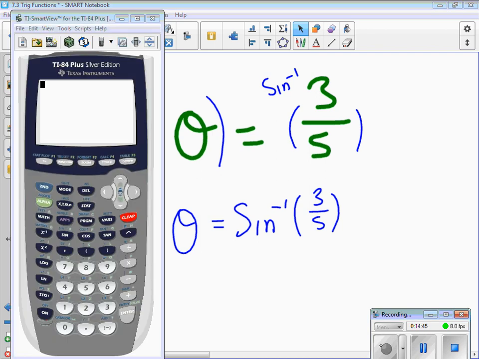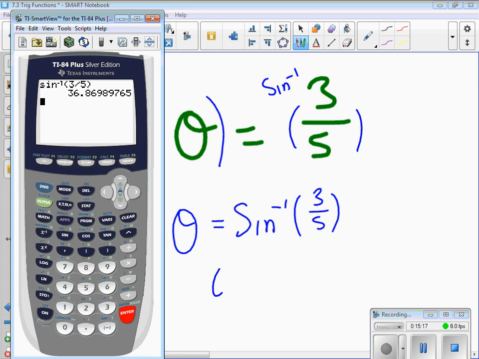So if you take a look at your sine key, S-I-N, just above it in blue is that little sine inverse key. And to access that, you have to use the second key. So I'm going to type this in now. Just as a reminder, what we're trying to find is theta, this angle, okay? I'm taking the sine inverse of 3/5, which is the opposite over the hypotenuse relationship of those two sides. And when I hit equals, what I'm getting is not a side, but an angle. So that angle is equal to